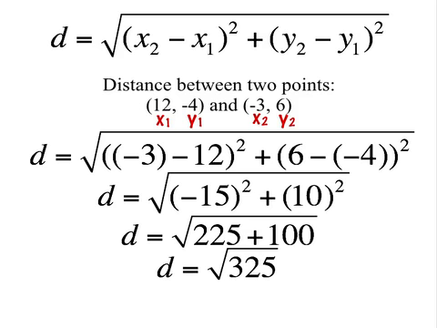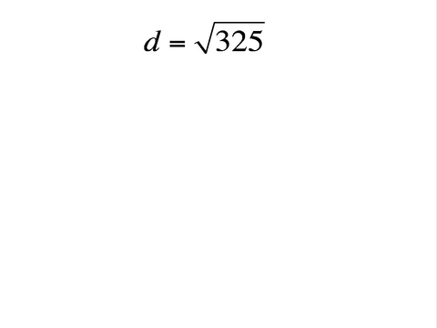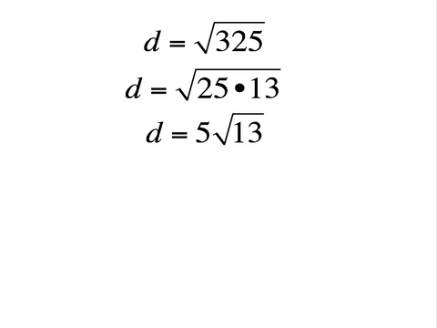We need to take the square root of that. We need another frame for that. So we'll start with the square root of 325. And if you've ever worked with simple radical form, you would realize that 325 is 25 times 13, and the square root of 25 is 5. So you can write 5 root 13, which is called simple radical form. If you haven't worked with simple radical form yet, you could stop at the square root of 325, or perhaps you could type it into a calculator and round it off. I rounded to the nearest hundredth,